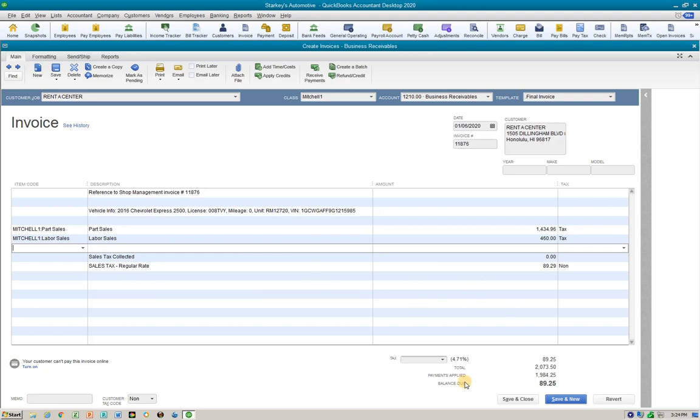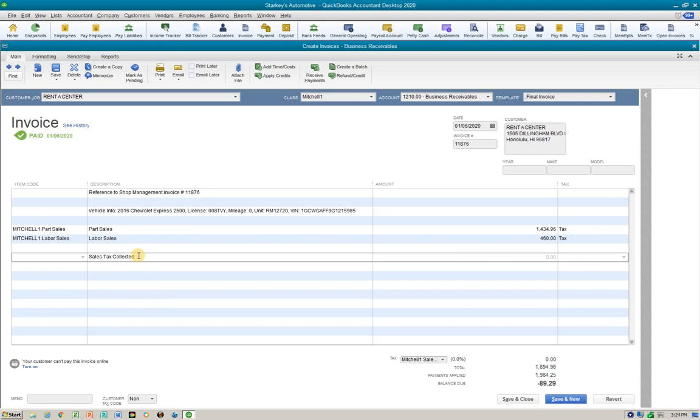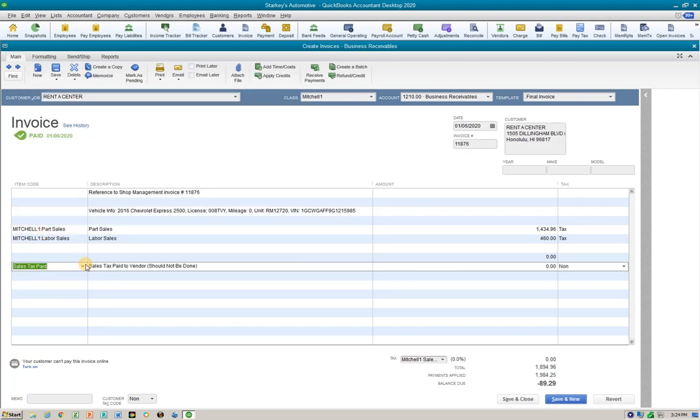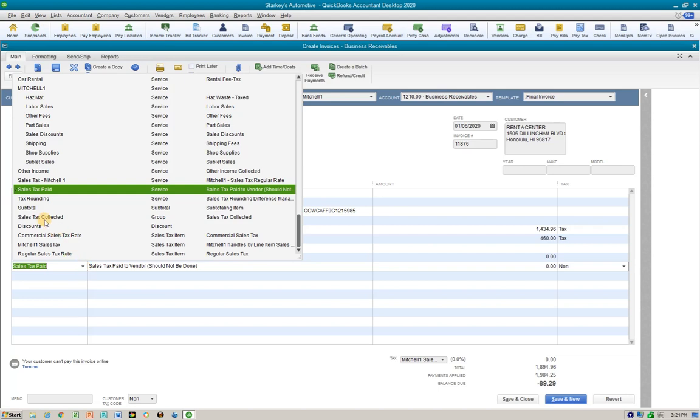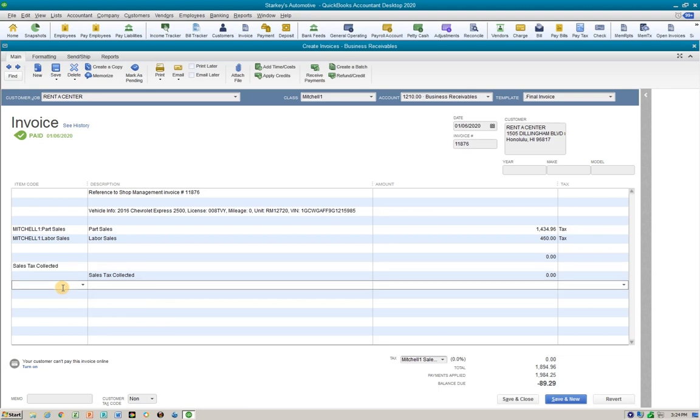And here's another one where I need to mess with this. And let's see what we got here. If we can even get rid of any of this stuff. The sales tax one collected is 0, but all of a sudden it allows us to put this sub sales tax on there. This one's a little easier so far. So if I take sales tax, sales tax collected, it adds the second line, which is no problem. We do the regular